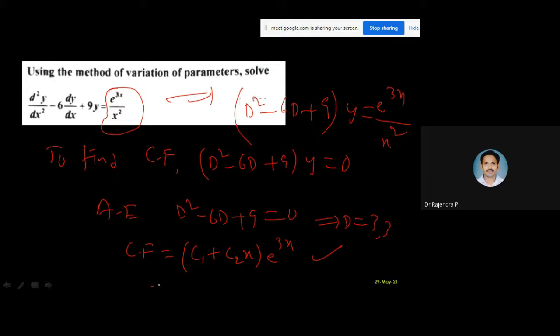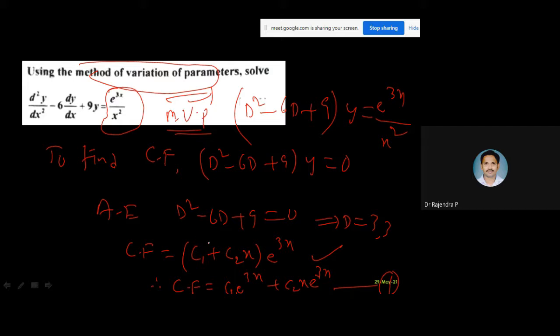So I can write the same thing in a different approach. I told you to apply this method of variation of parameters. I should get independent solutions, a linear combination, so that e power 3x I can multiply inside: c1 e power 3x plus c2 x e power 3x. Okay, got my point? I multiplied this inside, and I can take this as equation 1.